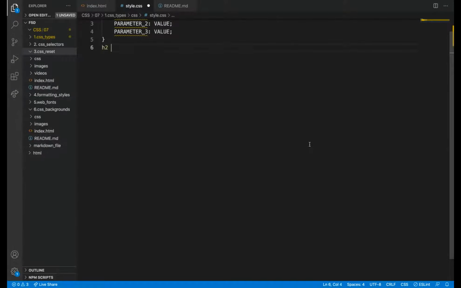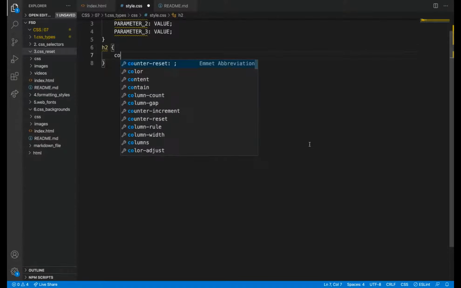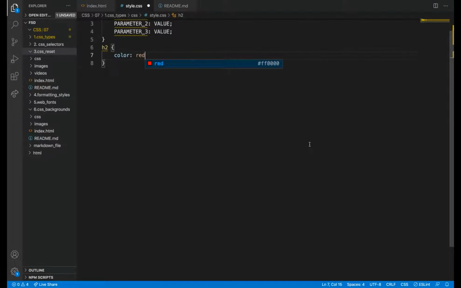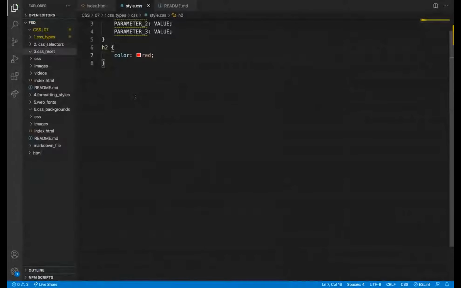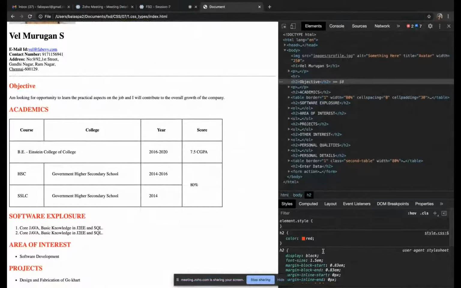Yeah, if I'm writing it specifically, definitely only my styles will get applied. But knowingly or unknowingly, there are some other styles which are applied from the default browser agents. So I don't want that. When I don't want it, I'm going with reset CSS.